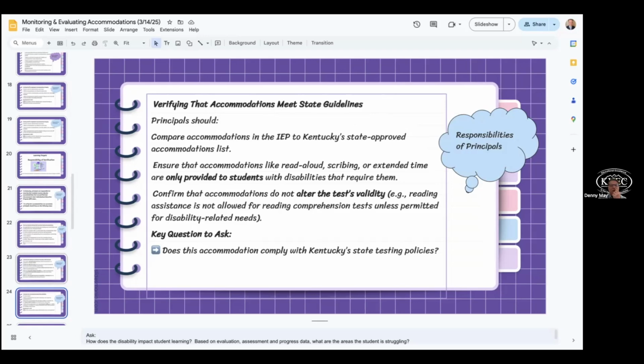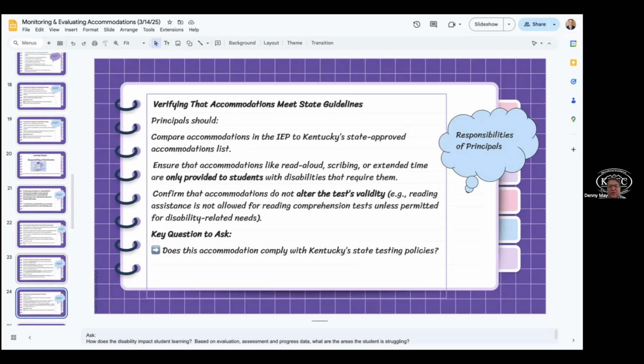And then verifying that accommodations meet state guidelines. Principals should compare accommodations in the IEP to Kentucky's state-approved accommodation list. And that's in the inclusion document and some of the training that you receive separately from this training. Ensure that accommodations like read aloud, scribing, and extended time are only provided to students with disabilities that require them. Now, disabilities that require them, and also that we have performance data that show that they don't just meet the criteria of the disability, but they need specially designed instruction, and they have an adverse effect that requires specially designed instruction.